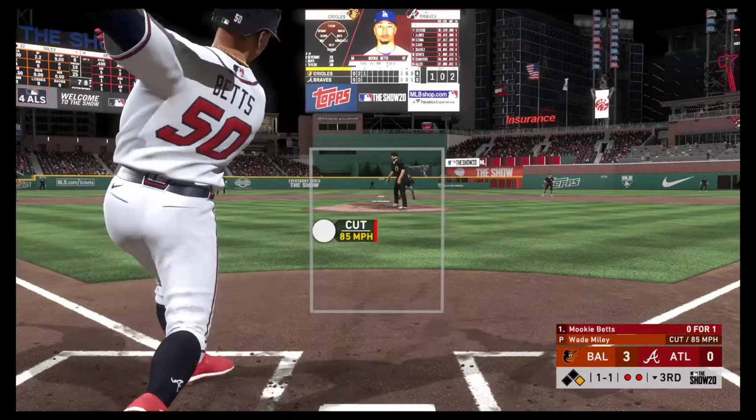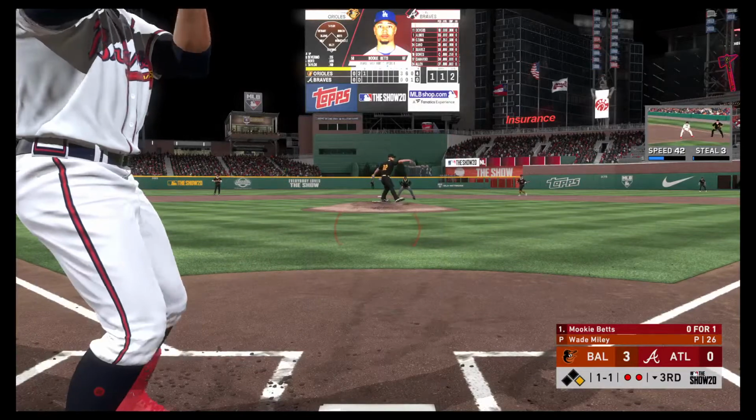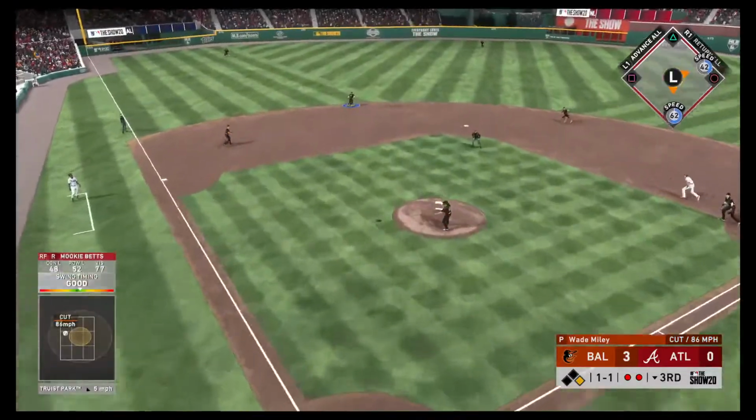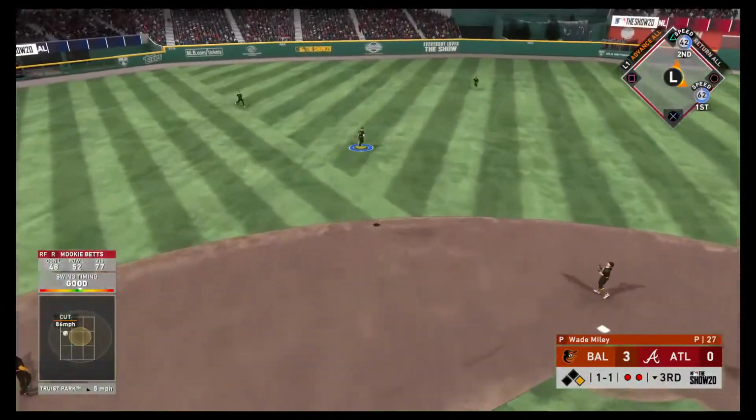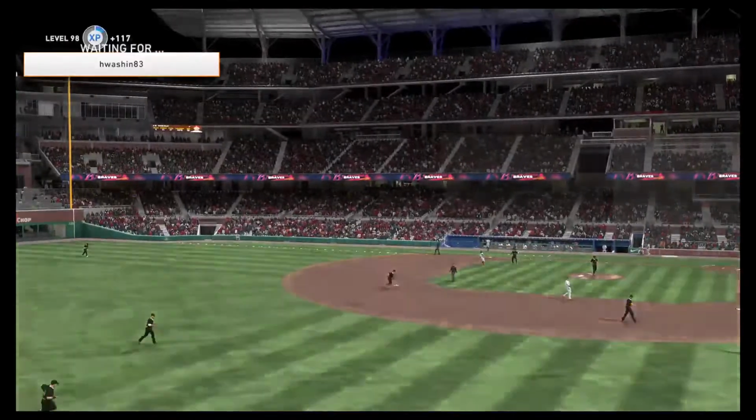A ball and a strike now to the Atlanta leadoff man. Braves are still looking to break into the hit column here. This is skied into short left center. DeYoung ranging into the outfield. He gets there to make the catch, and that ends